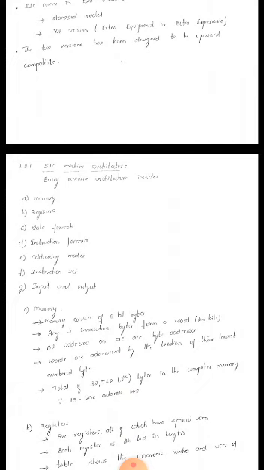So whenever you learn any machine architecture, the basic things everyone needs to know are: what is the memory space available, what are the number of registers available on that particular machine, what are the different data formats where I can hold my data, and next, what are the instruction formats, the addressing modes, the instruction sets, and input output. So we'll go through each one by one.